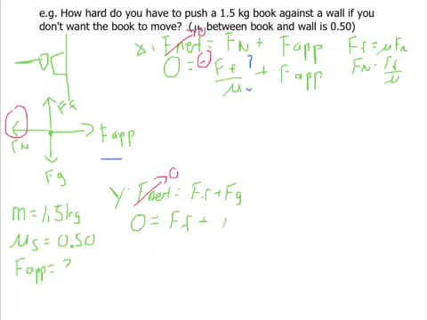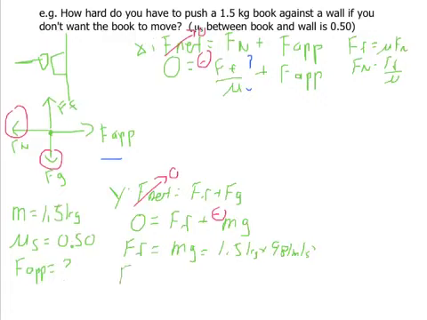We can substitute with mg. Once again, this is negative because the force of gravity is acting down. So now we can solve for Ff. Ff equals mg, which is 1.5 kilograms times 9.81 meters per second squared. So our force of friction is